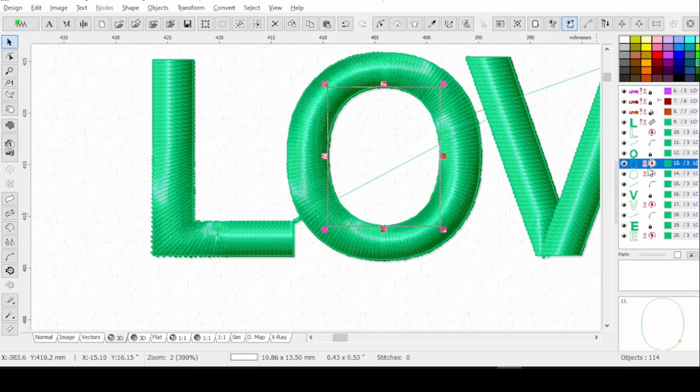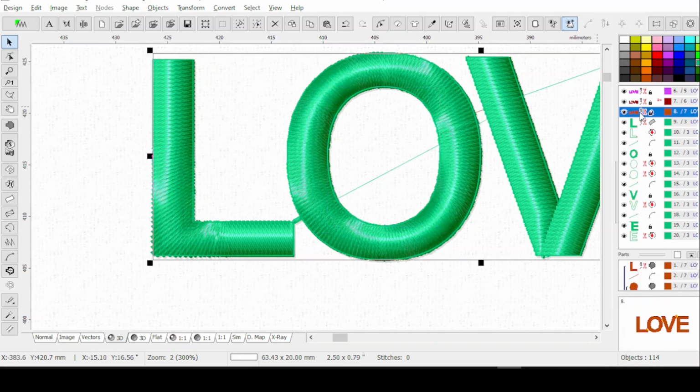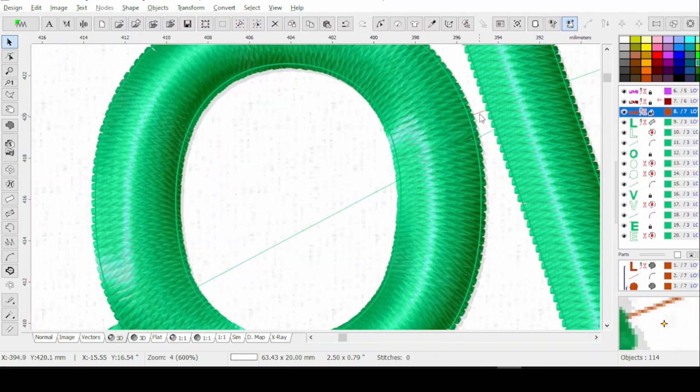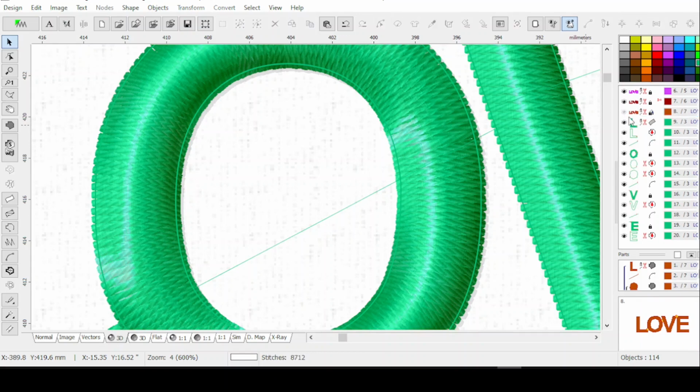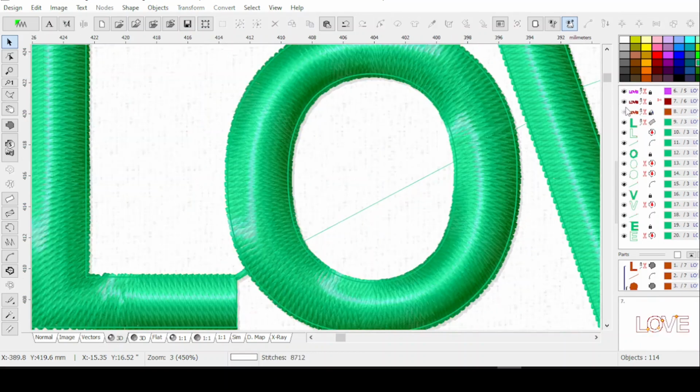So before we address this inner O outline, let's make sure that we have this object here hidden, because as you can see, I have another connection showing. This was our fill. You can see it down here that we just used. I'm just going to hide it for now. We can get rid of it later. So I just want to make sure that it doesn't confuse us. So let's go back to the O